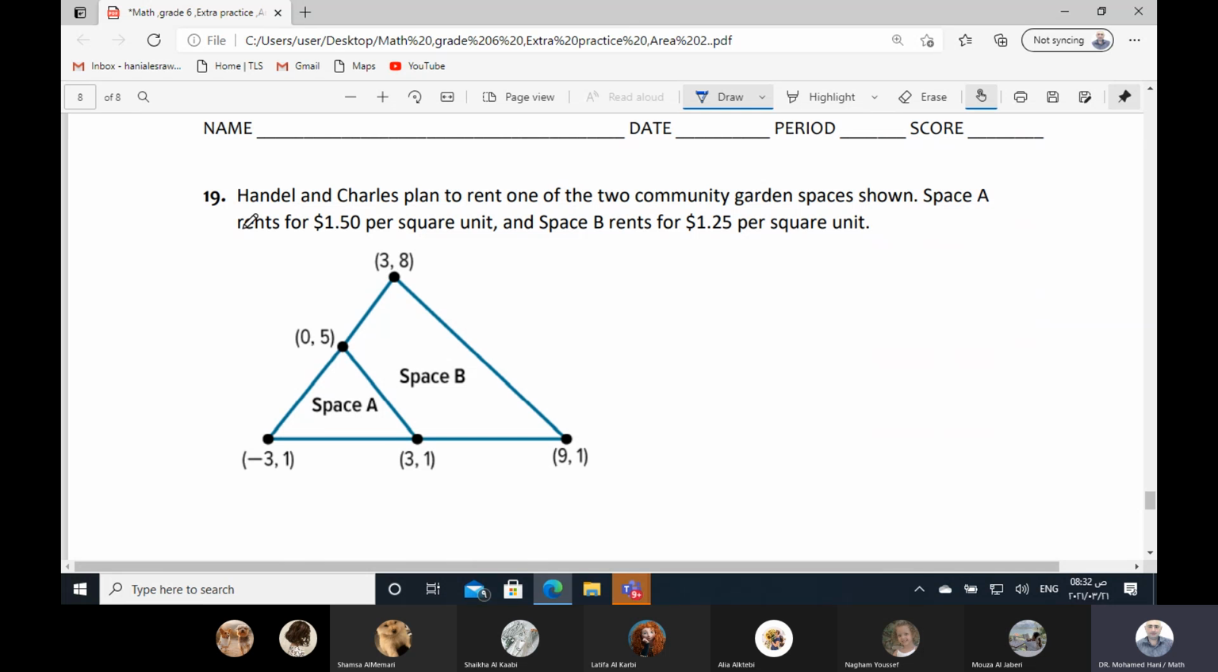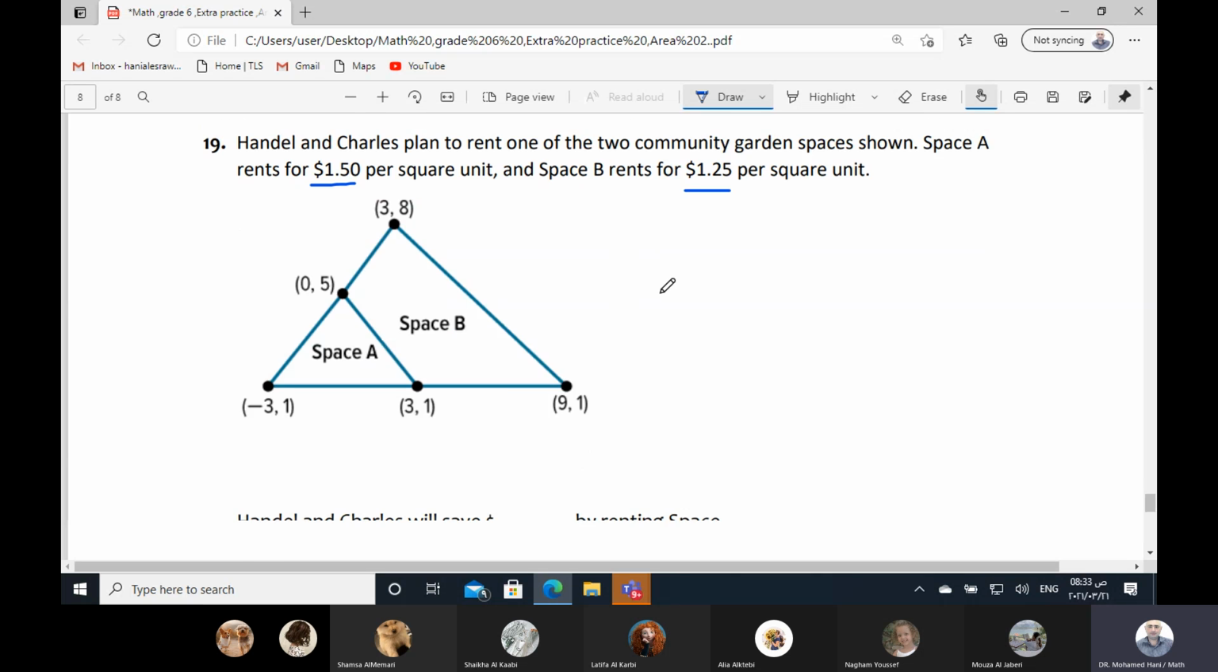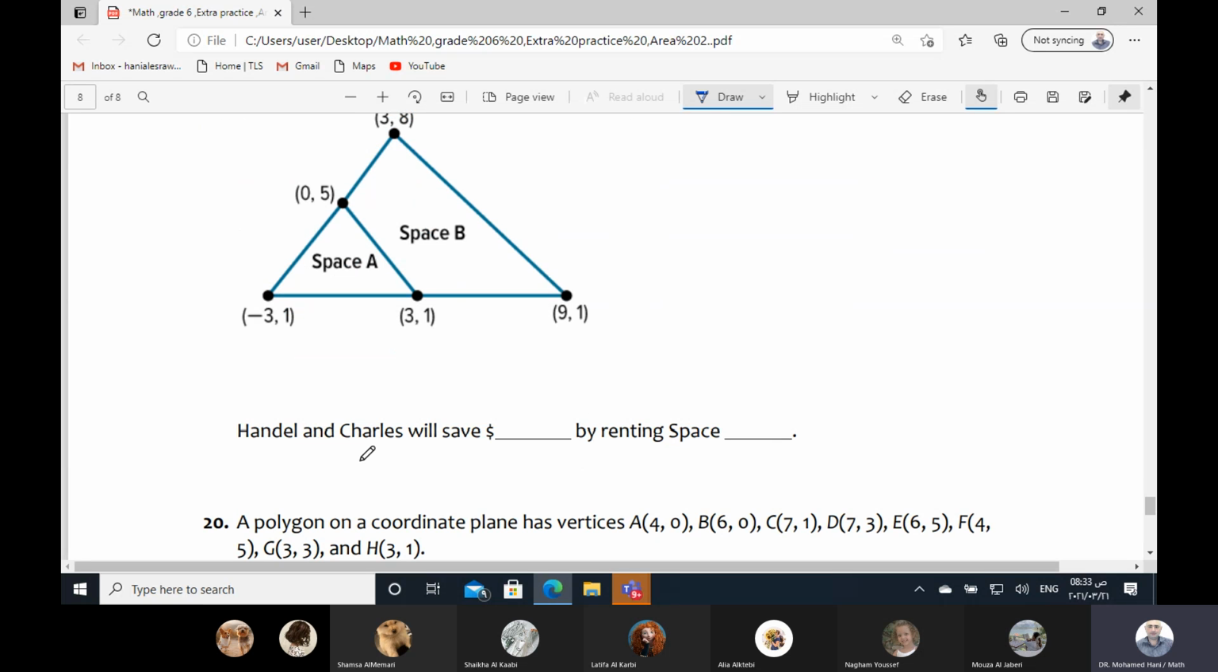Number 19. Handel and Charles plan to rent one of the two community garden spaces shown. Space A rents for $1.50 per square unit, and space B rents for $1.25 per square unit. Handel and Charles will save by renting